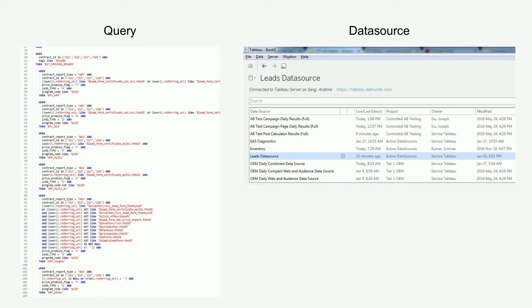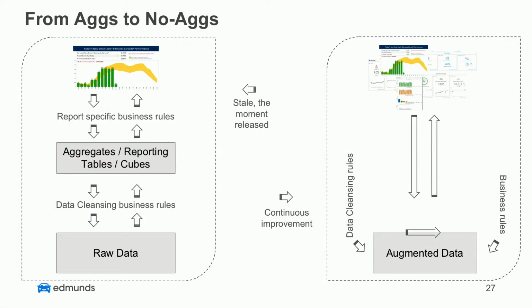OK, so this is what happens. You have all these analysts writing their own queries to get insights out of it. We moved that to a data source. We augmented it. And now it's actually point and click. That's what I was showing earlier in the demo. You point and click, drag and drop in Tableau, and you're getting insights right away. And tomorrow you have new business rules come in, and the process that builds these data sources is augmented. Business rules change all the time. Cleansing rules change all the time. But as long as it's a continuous process, the augmented data gets improved all the time as well.